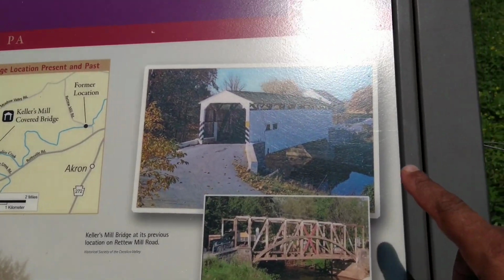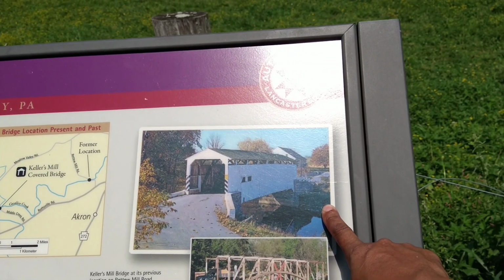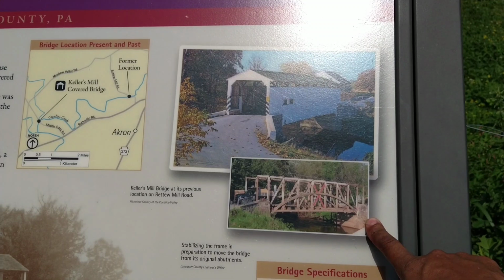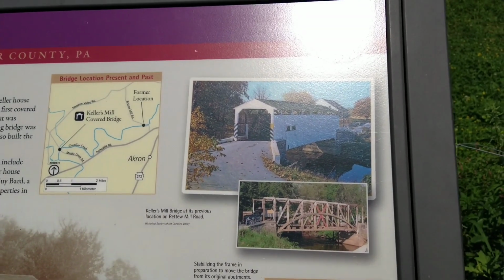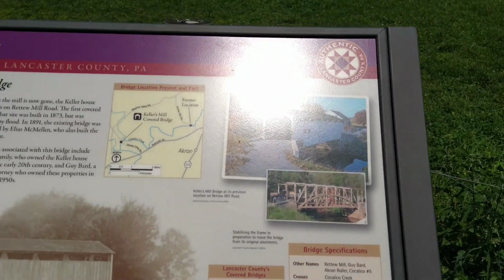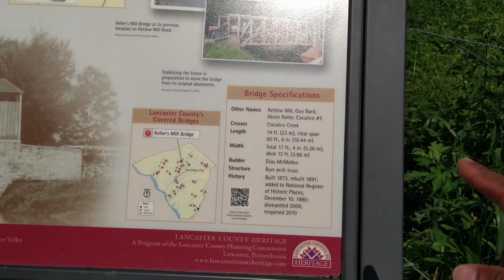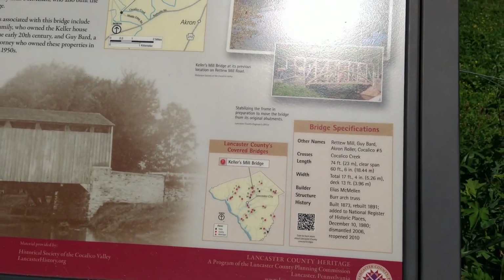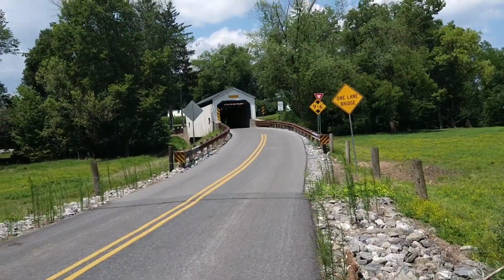So the picture on the top here, where my finger's at, that's its original location at Rettew Mill. And then this is them dismantling it at Rettew Mill Road, and then they were getting ready to dismantle it and stabilize it to remove it from the original abutments. And this one now has concrete abutments, as is mentioned here. And there's also other information, the bridge specifications, and I usually also put a lot of this information. Not all of them contain it, like the length and the width and the over, what is it called? It's on my other videos, but we're gonna go ahead and walk over to the bridge now,